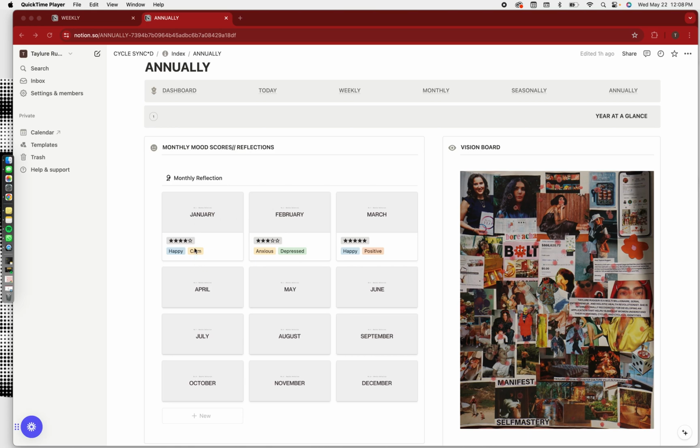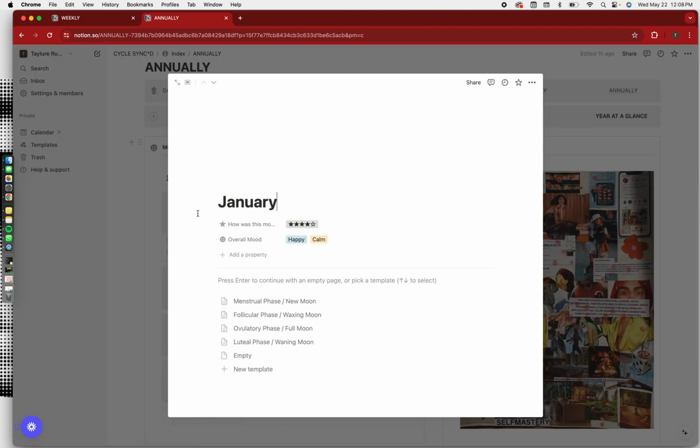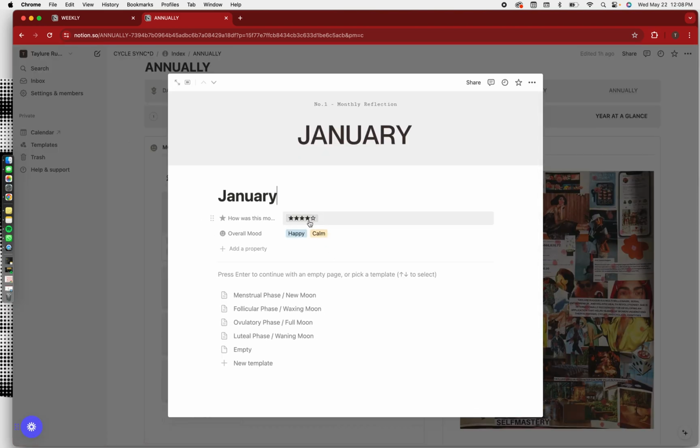As you continue to fill out your reflections, these will be updated. So, for instance, I'm going to go ahead and click on the January tab. After the month is over, I'll be able to say on a rating scale of 1 star to 5 stars, 5 stars being that this month was amazing. I can rate my month, put in my overall mood, and then journal whatever I want based off of these